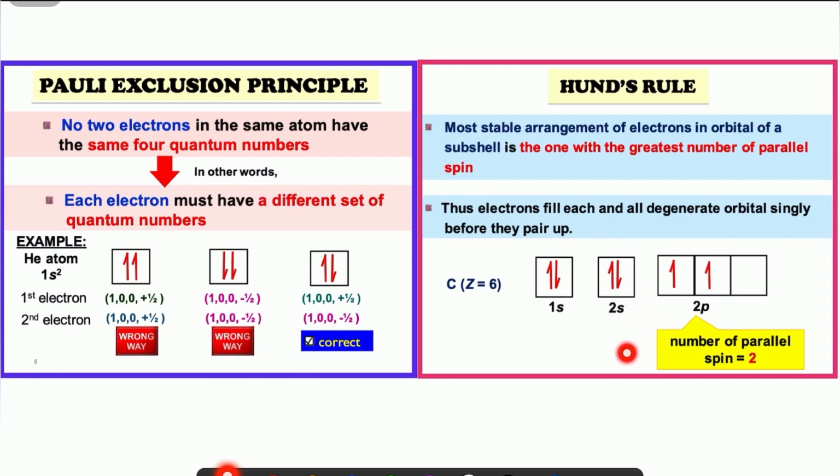And when you fill the orbital 2p, okay, it has to be filled singly first. Means that you have to fill each box with 1 electron. Okay, so for the example here, you cannot fill the first box with 2 electrons. Because this is a degenerate orbital, you have to fill singly first,